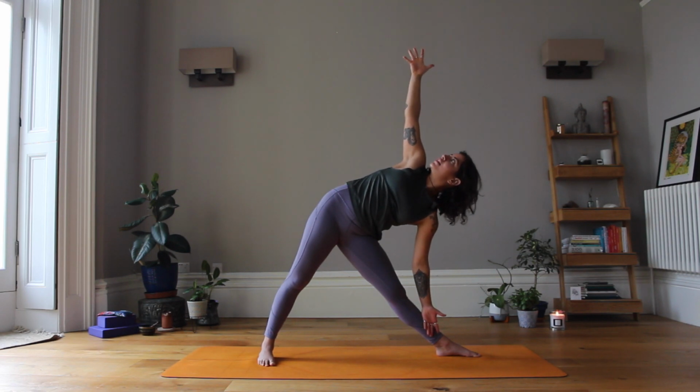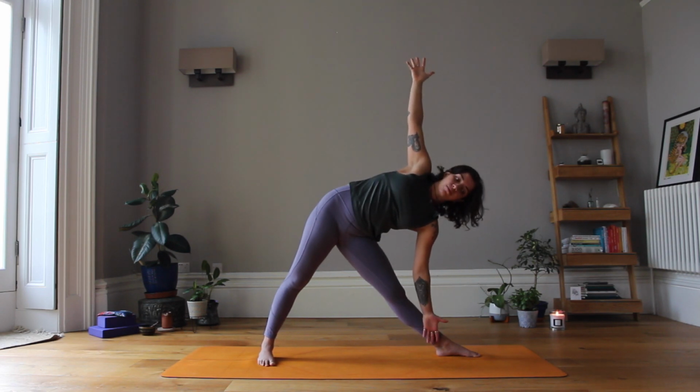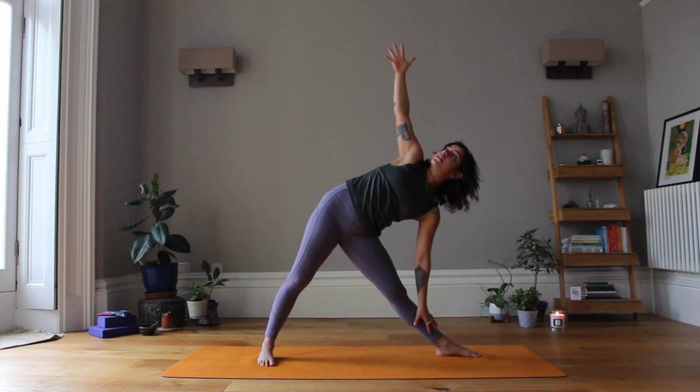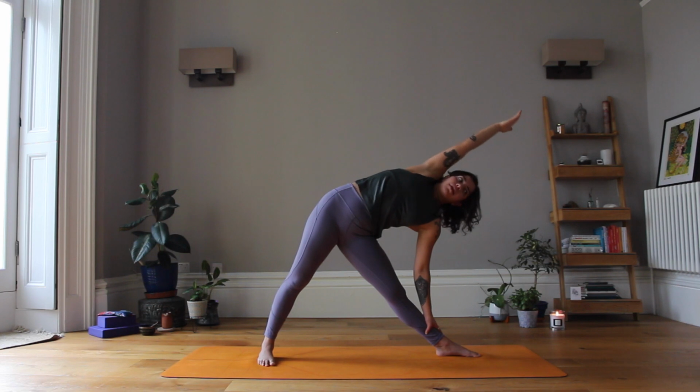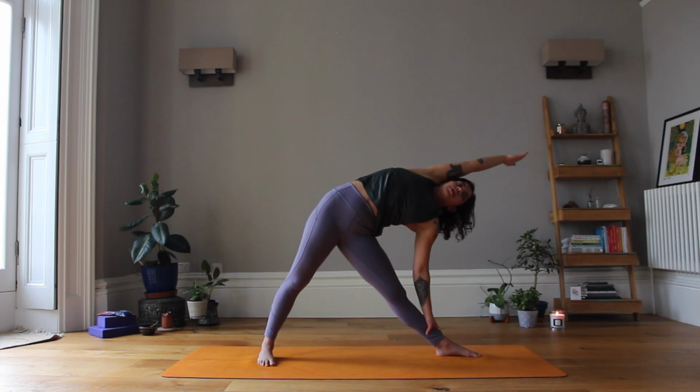hand. So try and really spread the fingers. So again, take a moment, establish where this left hand wants to go. And then when you're ready, inhale to draw that right hand up and over the ear, coming more into that